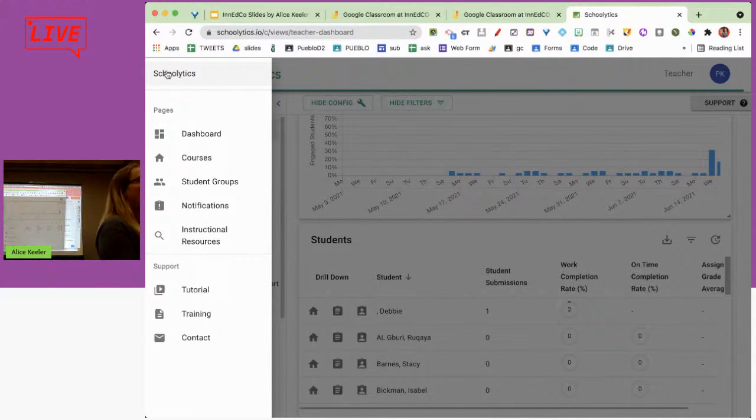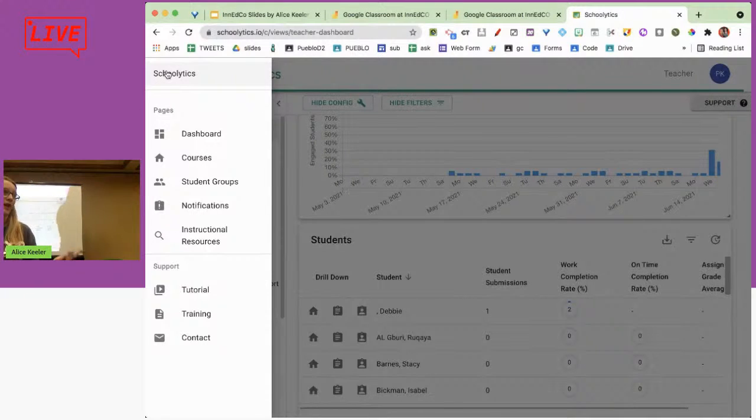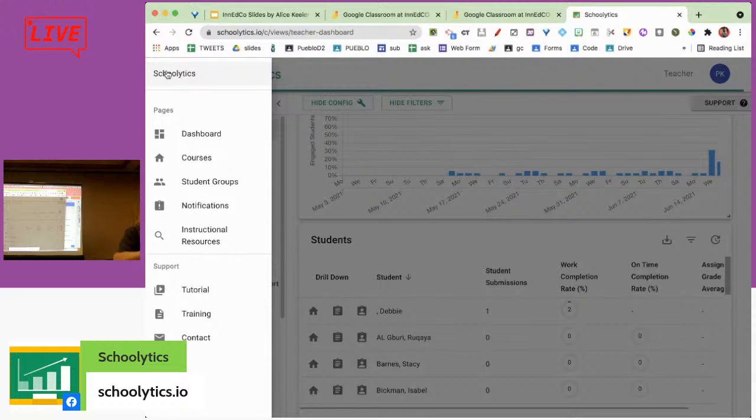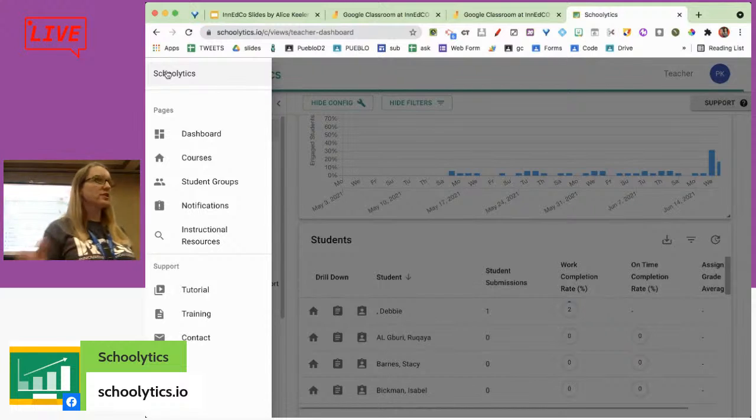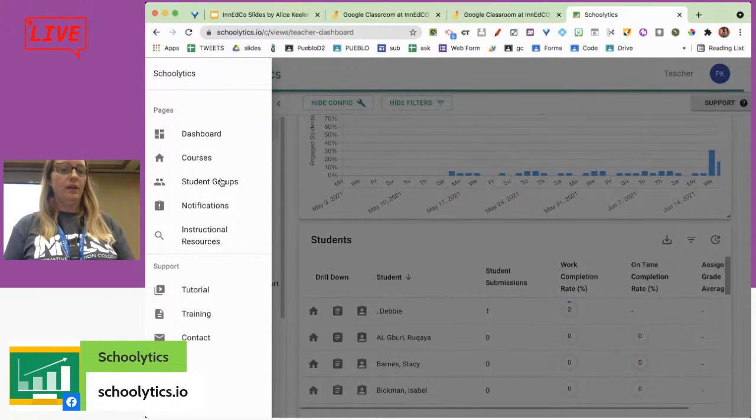In order to do that, I have to be a co-teacher. If I'm the tech coach and I don't want to be co-teacher of everybody's class, that's where the admin account comes in. The admin account allows you to see like the math department, the school. If I were to pull up a progress report for Javier, it's going to show all of his classes and not just my class. And so that's what the admin level lets you do. If you're interested in that, well, you can email me. I'll forward it to Anna.